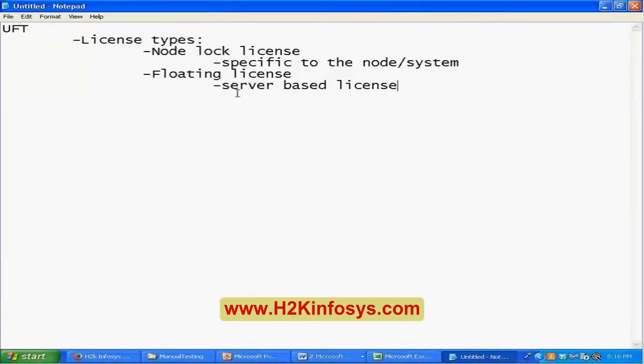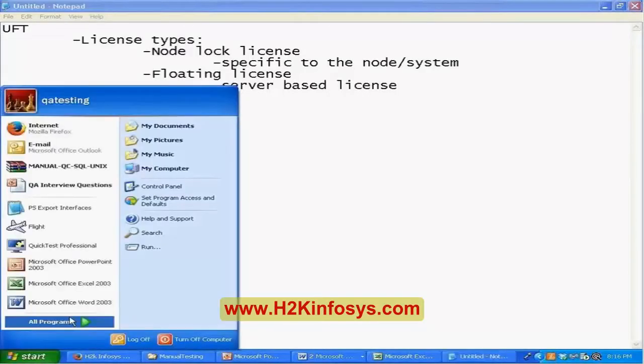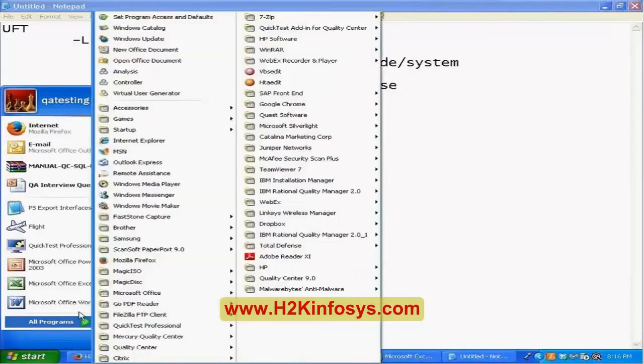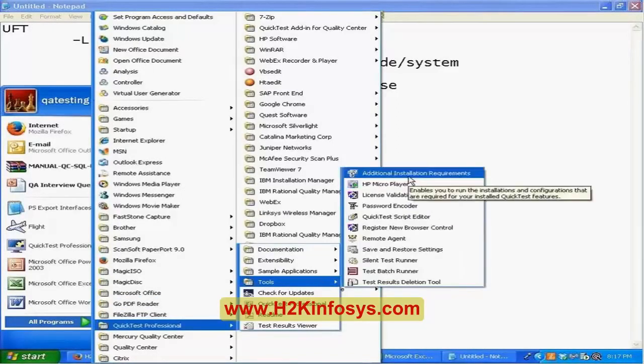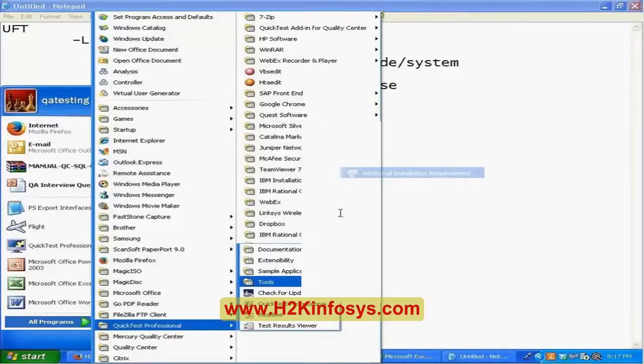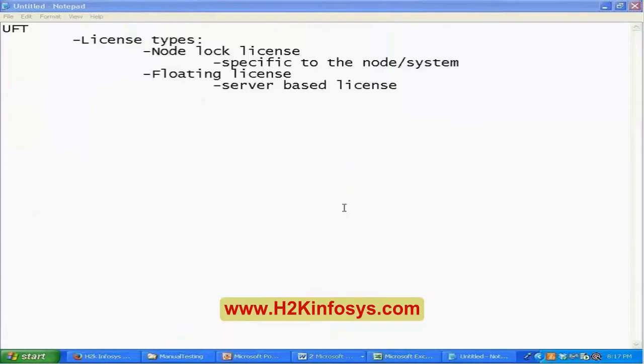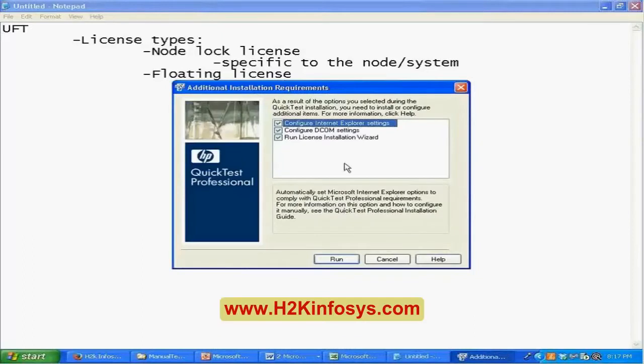So, for example, if you look at here, as part of this installation, you will get these additional tools, and you can look at the additional installation requirements, right? Anyway, as part of your installation, you will get this window in the last step. At that time you're going to select which license you're going to use in the project. This is a window you'll get at the end of your UFT installation. So when you check this, say run installation wizard, if you click on this run button,